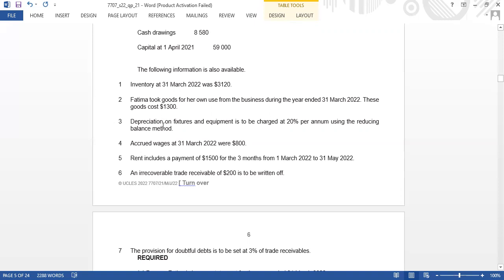Okay, third adjustment: depreciation on fixtures and fittings is to be charged at 20% per annum using the reducing balance method. In the reducing balance method, we apply the percentage on the carrying value. Carrying value is calculated by deducting the depreciation from the cost of an asset. Fourth, accrued wages at 31st March 2022 were 800. That means we haven't paid wages of 800, so it will be added in